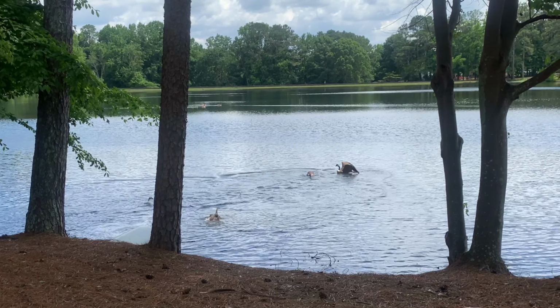Yo, one thing I love about this campus, if I ain't say it already, it's surrounded by water. Literally so relaxing, so calming. But because we're surrounded by water, there are a lot of ducks around here, which means there's a lot of poop. So you just gotta watch where you're walking, because it's a lot of